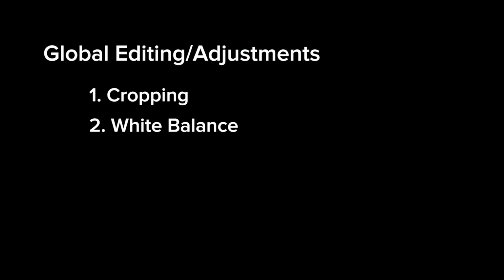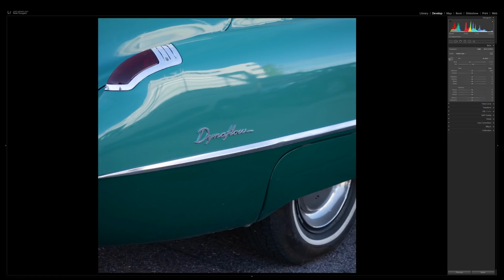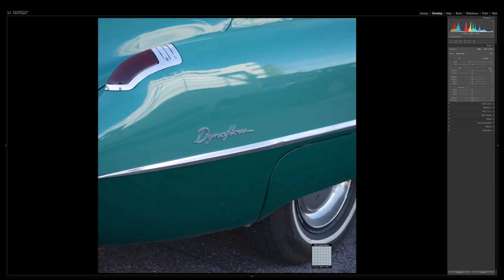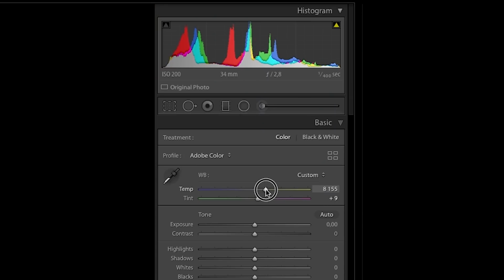The second thing to do is to check the white balance. And what I usually do is I use the white balance picker, and then I click on a fairly neutral gray or white in my image. If there is no gray or white in the image, then I will just make an adjustment with the sliders. And remember that white balance is always a subjective thing. You might want to have a warmer image, some might want to have a cooler image. And when I click with this in Lightroom, usually the result is a bit too cool or blue to my taste. So I always add some more warmth to the image with the white balance slider in Lightroom.